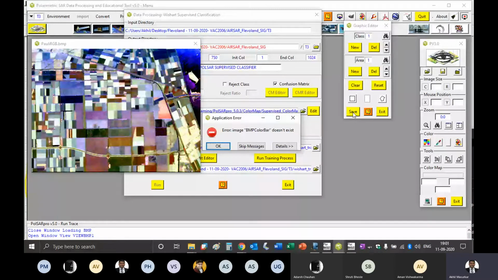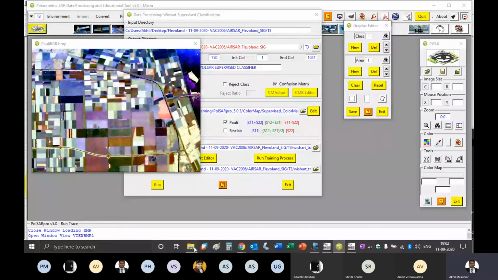Once you say save, it will throw one error that says BMP color bar doesn't exist. That means it is telling you that you have not selected any class. Once you say okay,